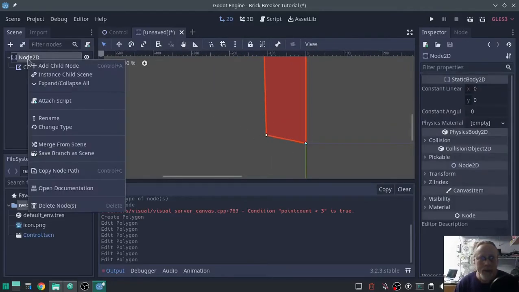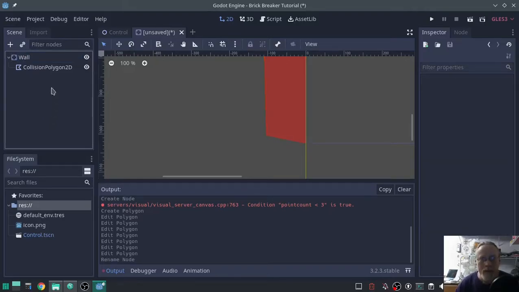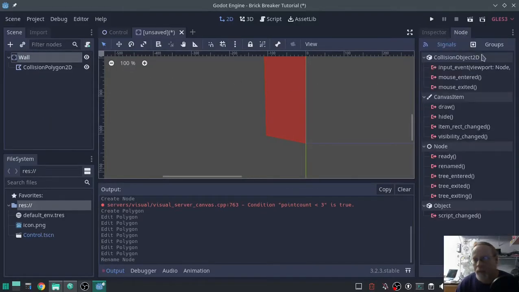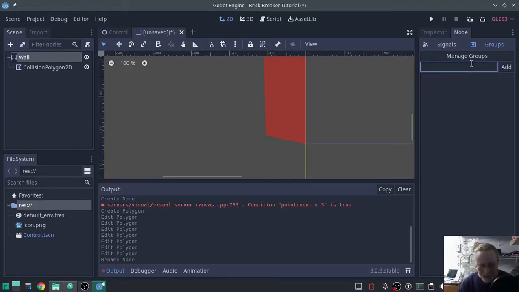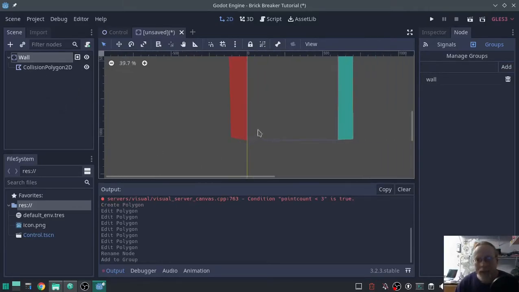And I'm going to change this name, rename wall. And I'm going to put that wall in the group wall. Probably won't use it, but it's there in case you need it. Now, on the same wall node,